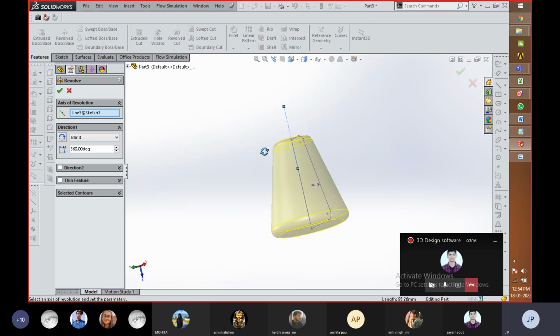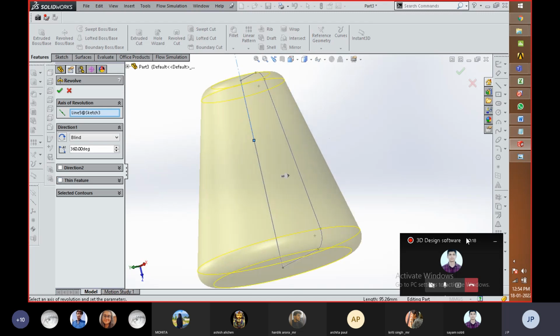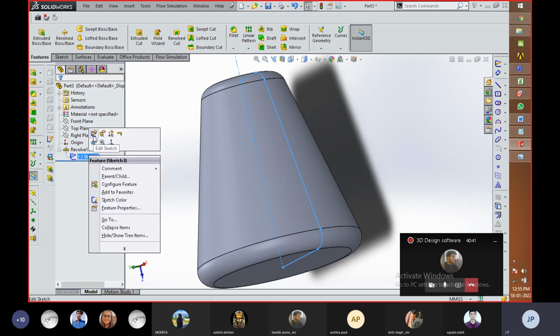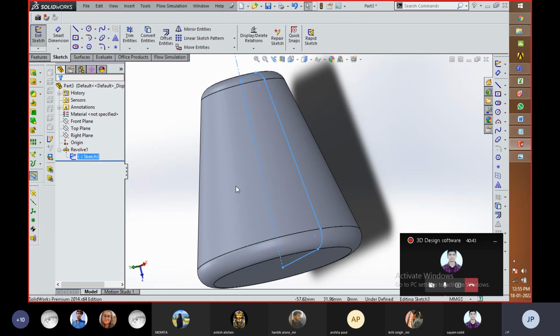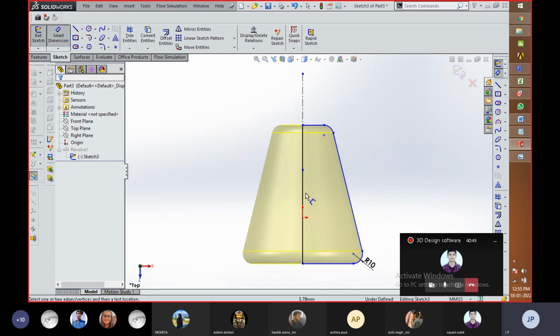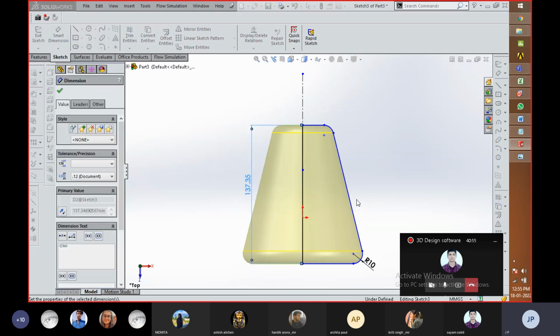Otherwise, this feature helps you to create a hollow part or maybe solid with the help of this thin feature, which I am going to showcase after getting a proper dimension of this object. So with the help of this thin feature, you can add or hollow a particular component. First of all, we need to check the value of this part. I'm going to edit, then keep the normal, then select the object. What is the height? It is around 137, so I'm going to do 150.